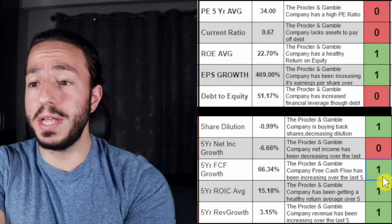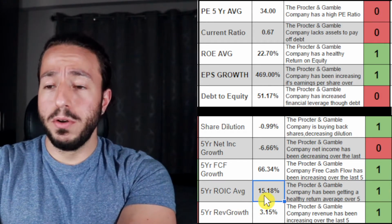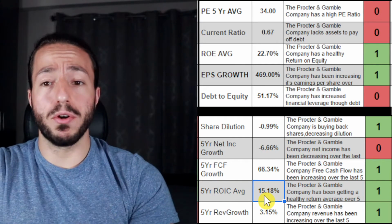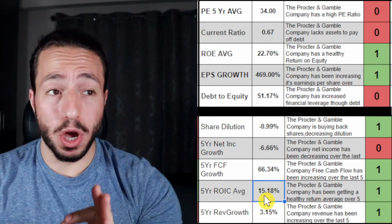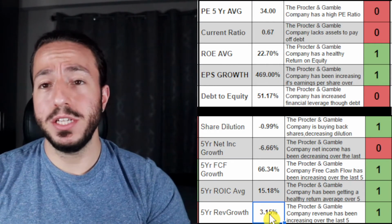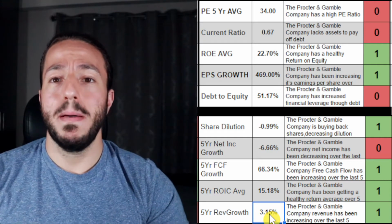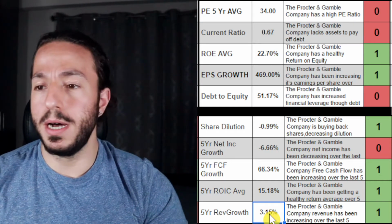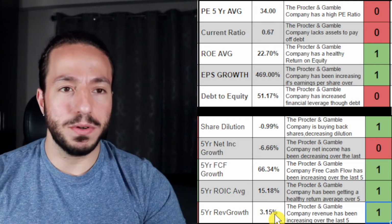Now, 5-year free cash flow, that is up, 66% increase, which is great. Return on invested capital, we want that over 10%. We have it at 15, and as we discussed earlier in our company metrics category, it's sitting at 21% for a trailing 12 months. Guys, phenomenal numbers. Phenomenal numbers. 5-year revenue growth is at 3%, so it is a slow growing company. Now, granted, listen, folks, it's a $380 billion business. It is a consumer household product business, so look, it's a behemoth of a company,